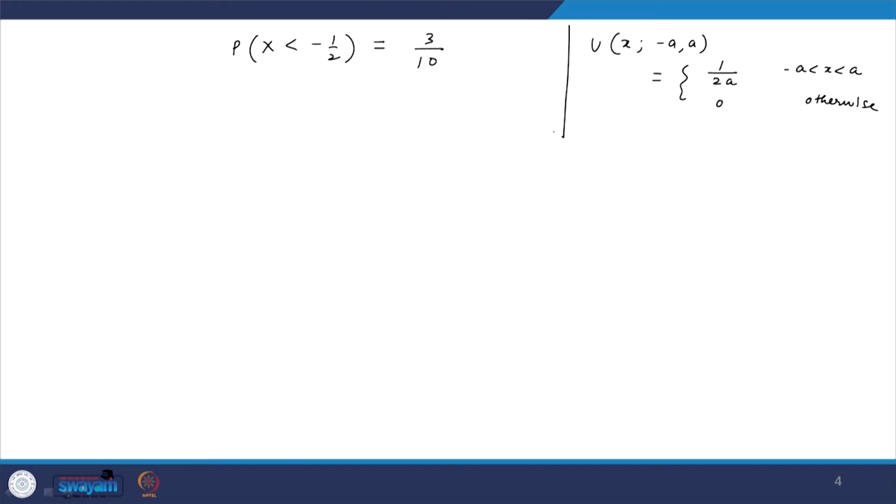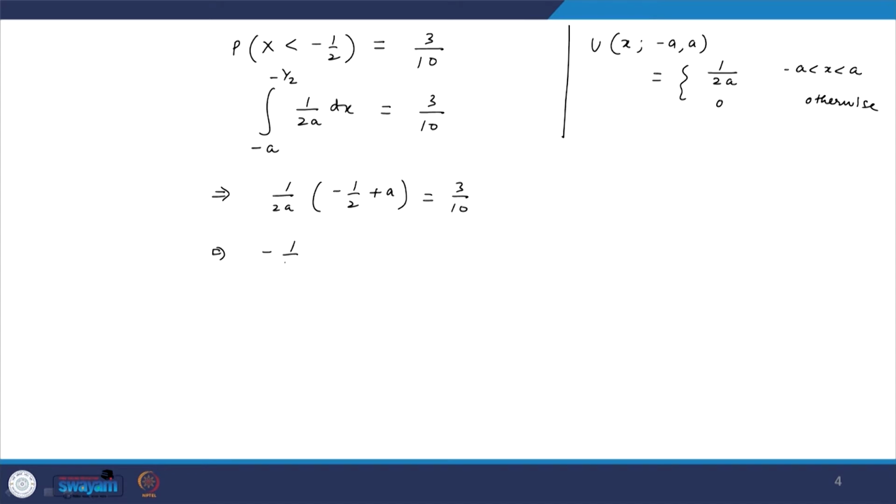Okay. So, that means from minus a to minus half, because we have to find out the probability when x is less than minus half. So, that means the integral from minus a, because it starts from minus a, to minus half of 1 upon 2a dx is 3 by 10. Okay. So, this implies 1 upon 2a times (minus half plus a) is equal to 3 by 10,